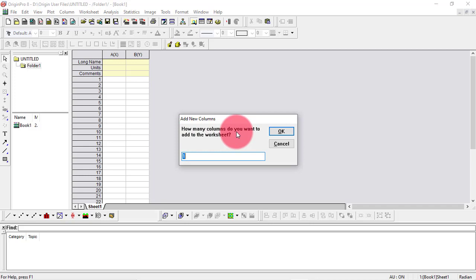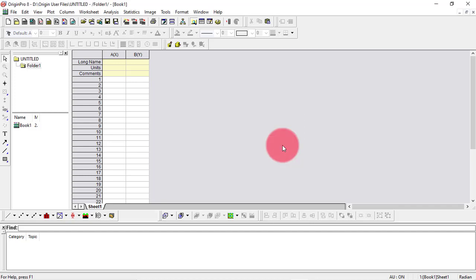You write how many columns you need here and press OK. Here I'm just plotting a simple graph, so I don't need more than two columns. So I'm cancelling it, but you can add columns just by pressing Ctrl plus D.